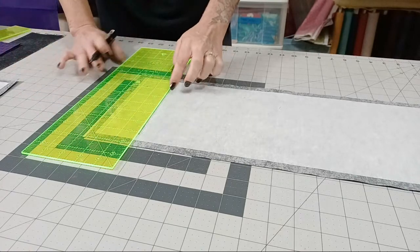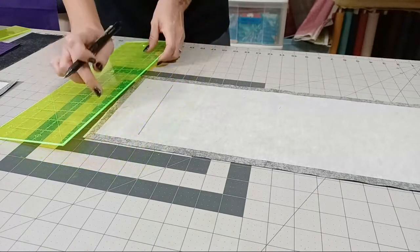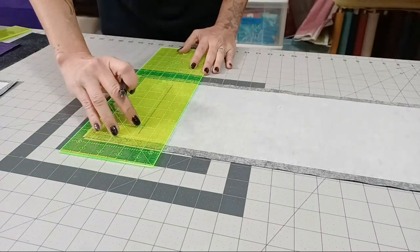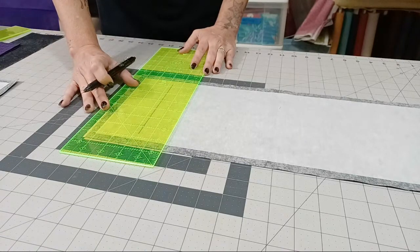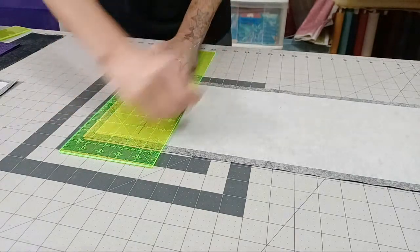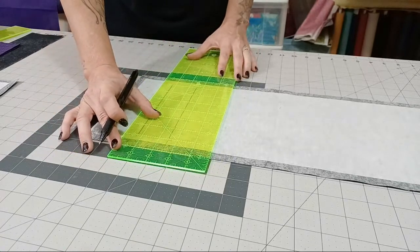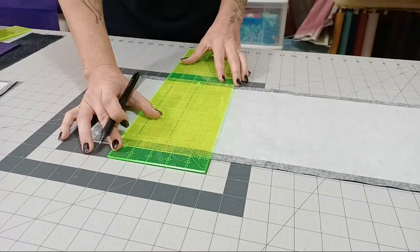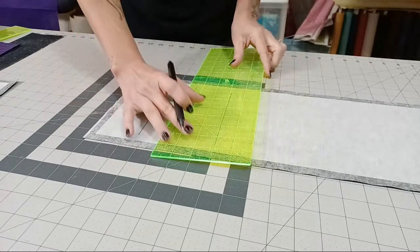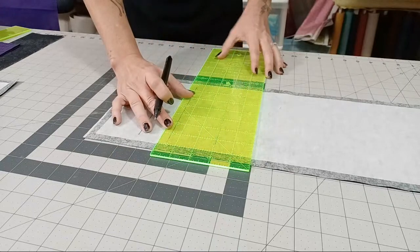I know that sound sucks, but when I pushed in like that, I also created an indentation into the fabric to make it easier to fold. So 2 3/4 up, then 1 3/4 from that mark. So I'm going to put my 1 3/4 inch mark on that. Then I'm going to make sure that this up here and this down here is nice and straight. Make the next mark 2 1/2 inches up from that. Just like this, lining it up on there. And then 2 inches from that last one. So on the 2 inch mark, again, I'm also making sure that this is nice and straight because it'll get off